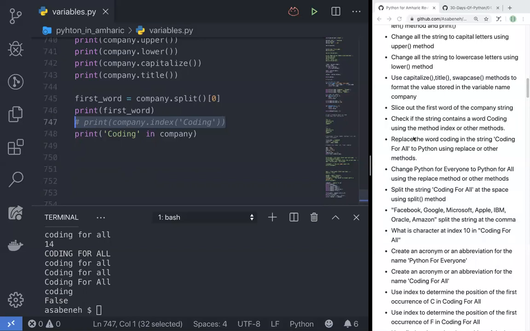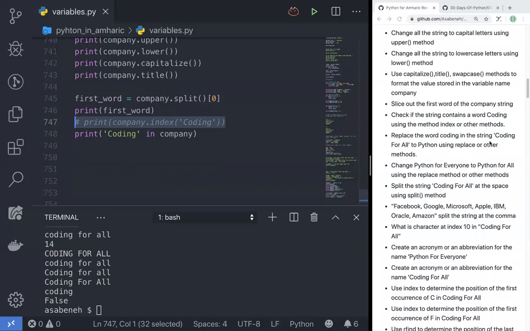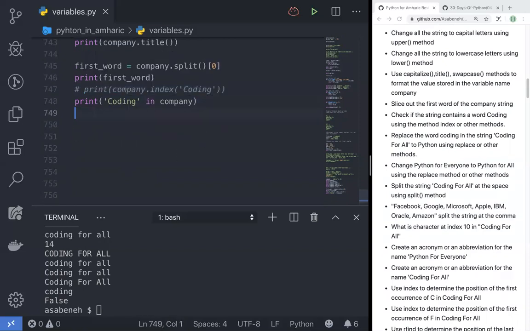Check if a string. Replace the word coding in the string coding for all to Python for all using replace or other methods. ስለዚህ ምንድነው ዓላማችን እዚህ ጋር coding for all ሚል አለ። ስለዚህ Python for እንደዚህ አድርገን መቀየር ነው ማለት ነው።